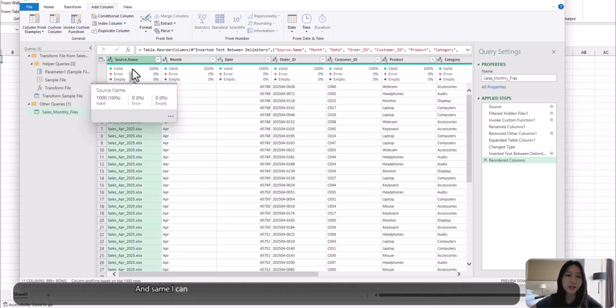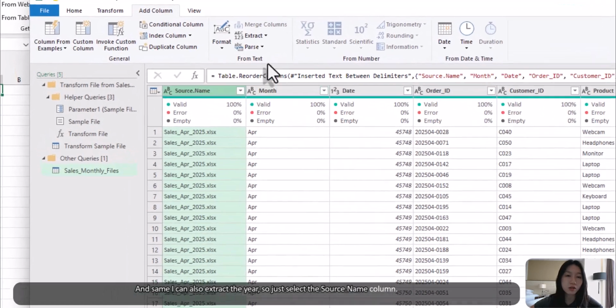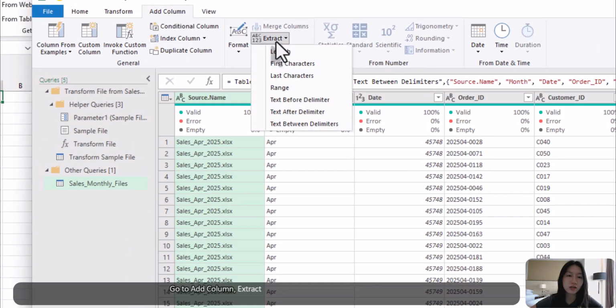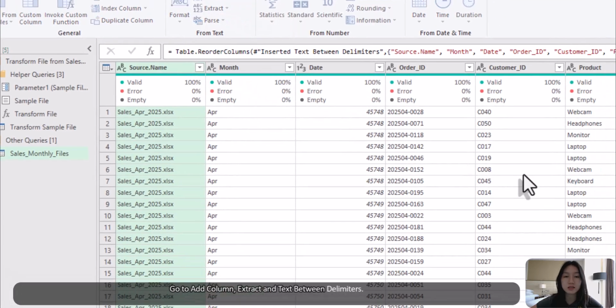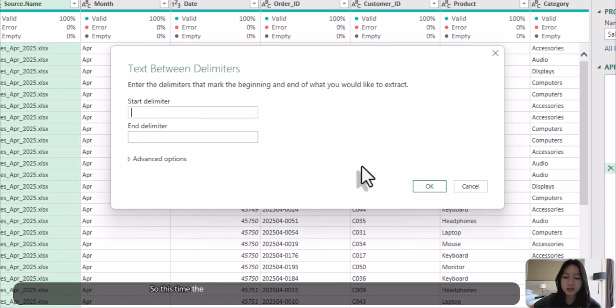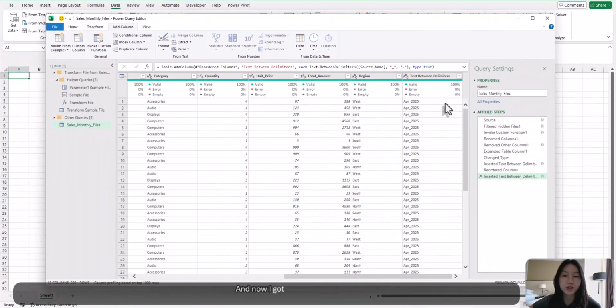And same, I can also extract the year. So just select the source name column, go to Add Column, Extract, and Text Between Delimiters. This time the start delimiter is the underscore and the end is the dot. Alright, then I click on OK, and now I got the month and the year together, but I only need